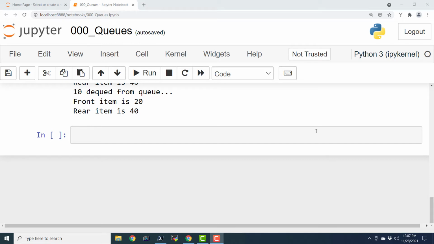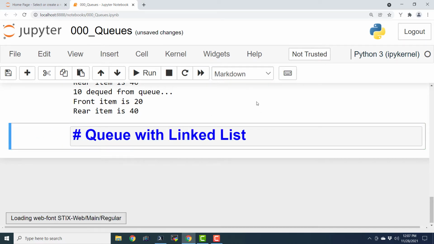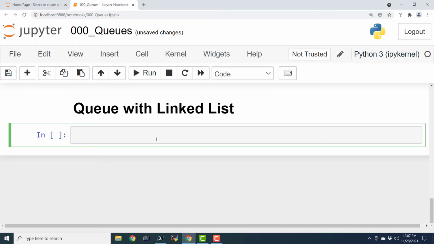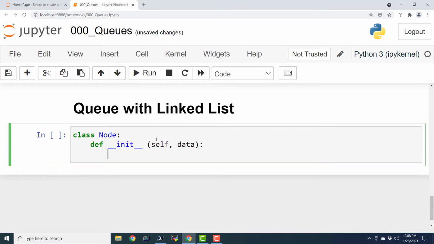In this episode we are going to see how to create a queue with linked list. So let us create a heading, queue with linked list, and I will say drop down and execute it, and then I will say class Node and def __init__, self comma data, and this is the definition for the node for our linked list.